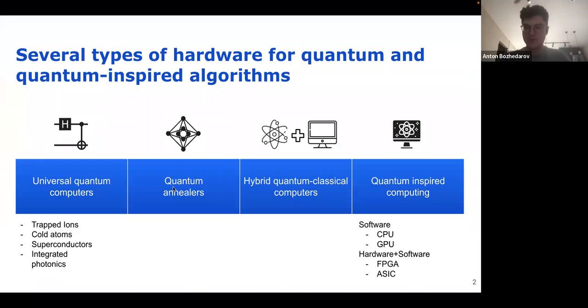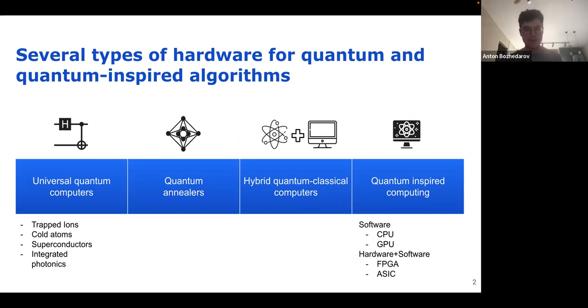I will start with some general intro to quantum devices. I will not explain in detail what the types of devices could be and why they are different from each other. I will mention some general ideas behind such devices, and then I will talk about the mathematical background when we're working with quantum computing, and then I will come to quantum optimization and will mention two very important quantum algorithms, and how to implement them on different quantum and semi-classical devices.